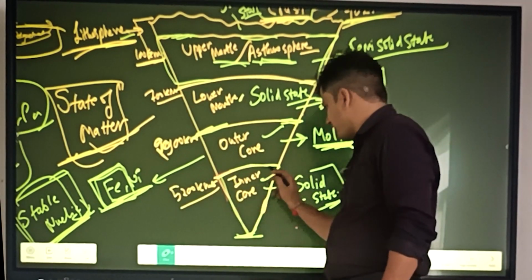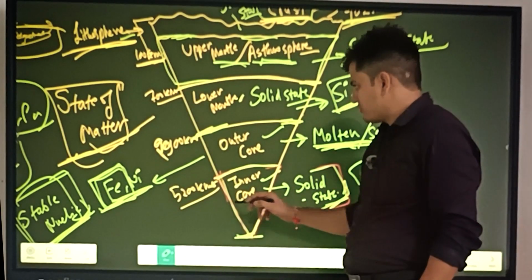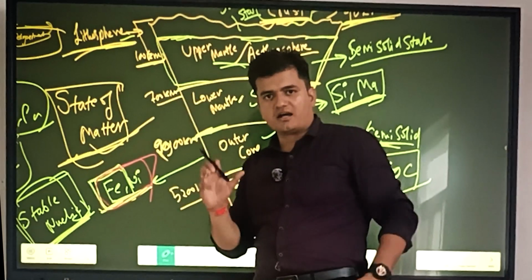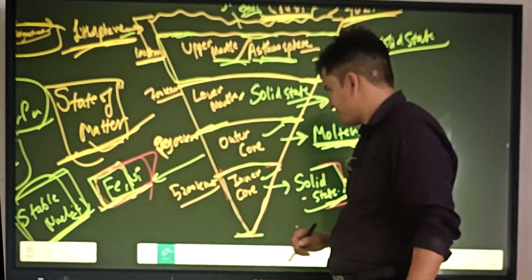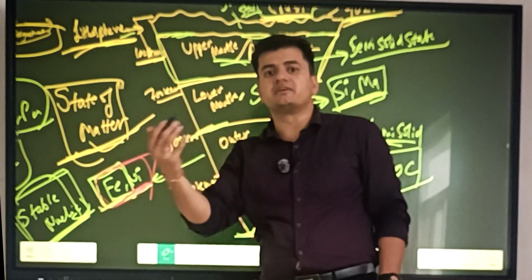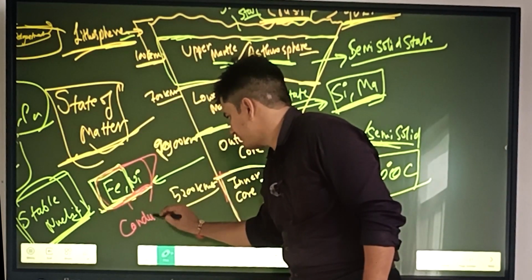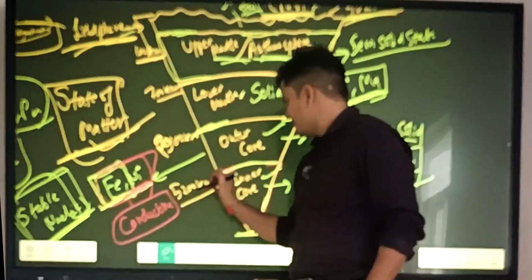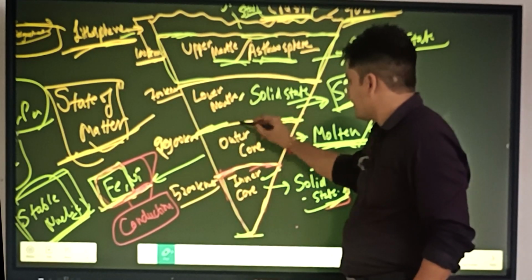This is the inner core and it is in the solid state. So we have nickel and ferrous. These elements are solidified under the high pressure inside the core, and that means these are metals and they will transfer the energy in the form of conduction. Conduction process we will see inside the inner core, and just above the inner core we have the outer core,